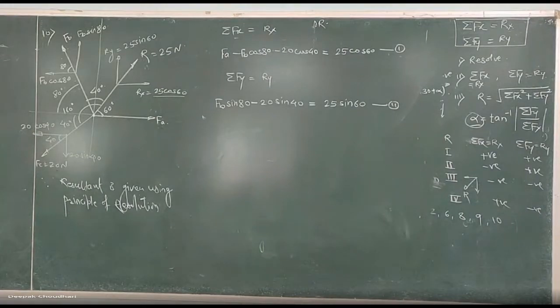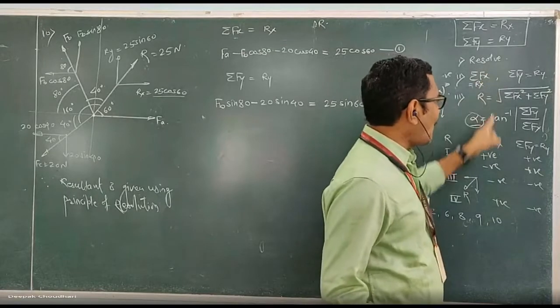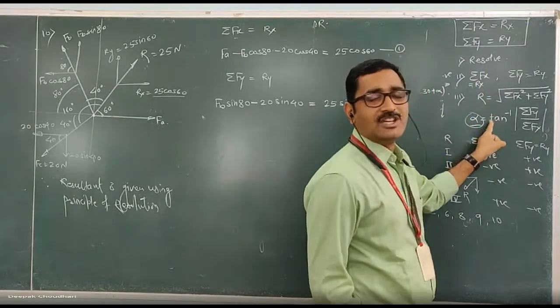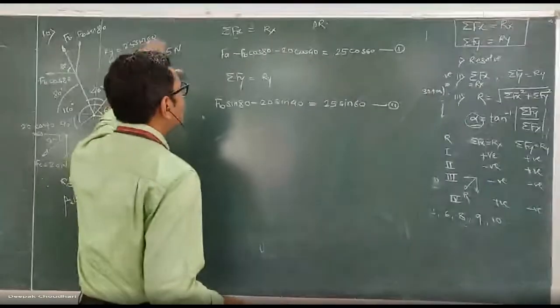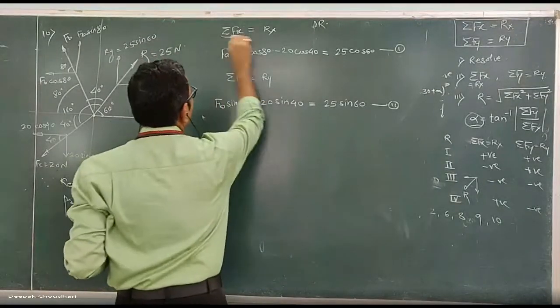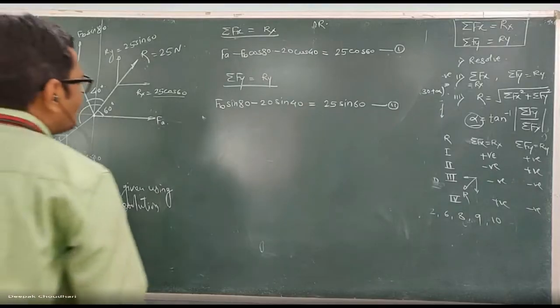If you try to solve such type of sum by using the normal method, R and alpha equation, it becomes difficult. That's why remember, whenever the resultant is given, use the principle of resolution, you will get the two equations, solve those two equations, you will get the answer. Now simplify these two equations and get the two unknowns.